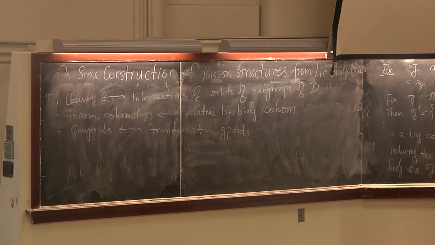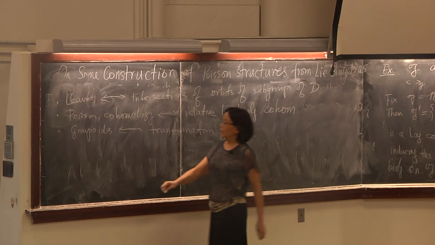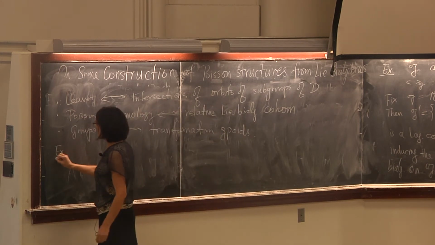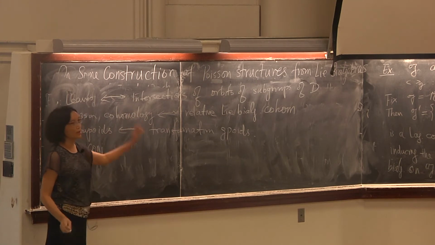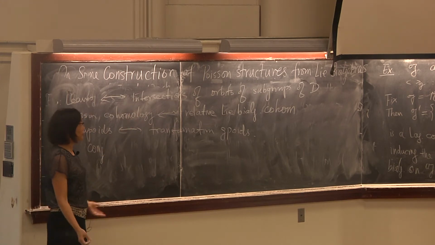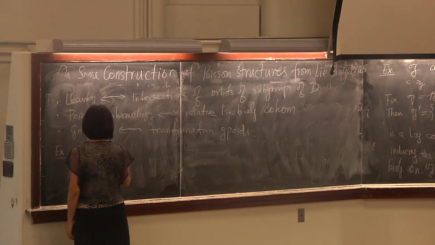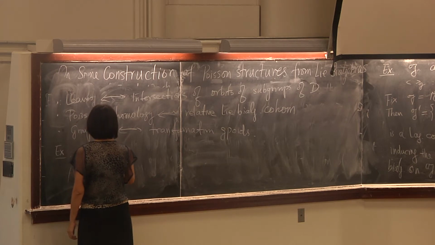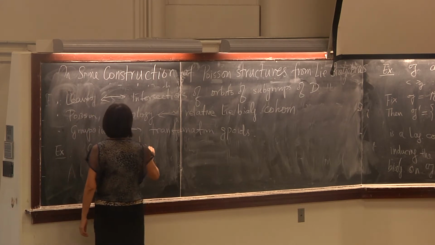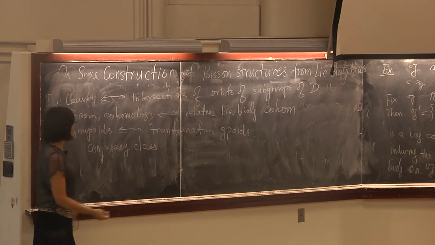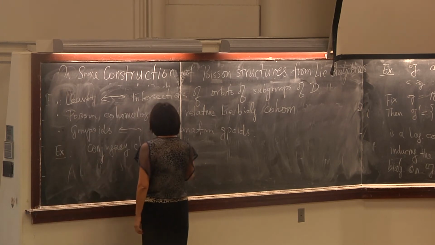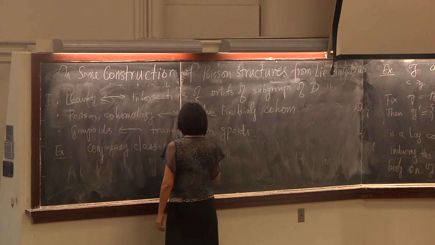So then I want to explain what are examples of this, examples that fall into this class. I won't go into details. My background is always a complex semisimple Lie algebra or a real semisimple Lie algebra. So then you can talk about conjugacy classes. Conjugacy classes all carry some Poisson structures whose leaves are very interesting. So I won't be able to explain conjugacy classes, flag varieties,